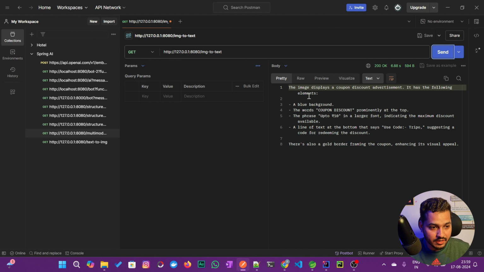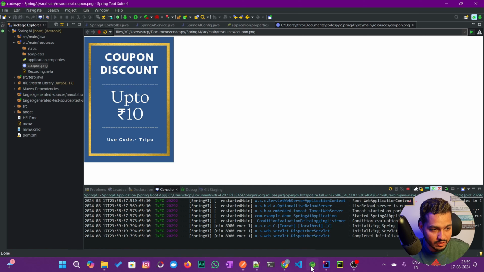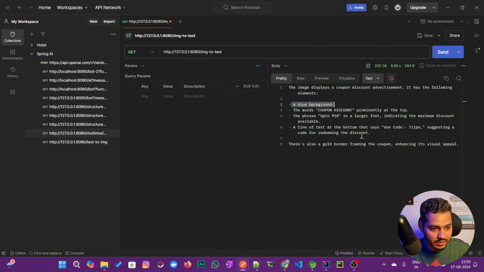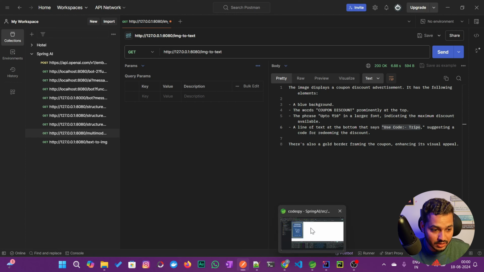What all the things are here? It is saying the image displays a coupon discount advertisement, which is correct. It has the following elements: a blue background, a word coupon discount prominently at the top. Okay, so if I go here, the blue background is there, and the word coupon discount is at the top, and then it says the phrase up to rupees in a larger font, indicating the maximum discount available. And then whatever code we are using, like use code triple, so it is explaining the correct image with correct